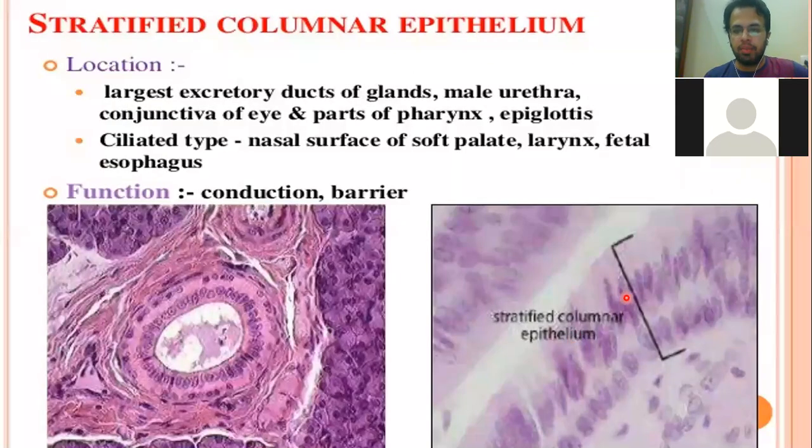If you look at this picture, you can see that this is the nucleus, a big nucleus. This is one layer of the nucleus, and this is another layer, multiple layers of the nucleus, and the shape of the epithelial cells is somewhat larger, taller. So we say that this is a stratified, multiple-layered columnar epithelium. Why? Because it looks like a column shape. So this is how the stratified columnar epithelium looks.